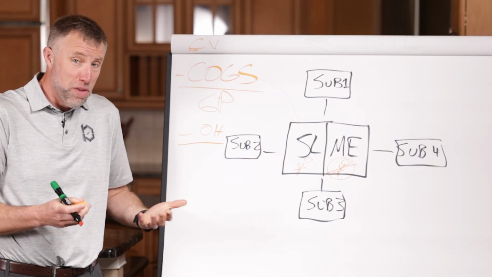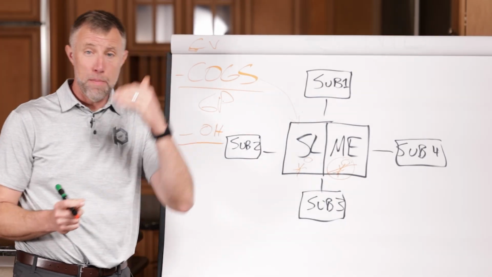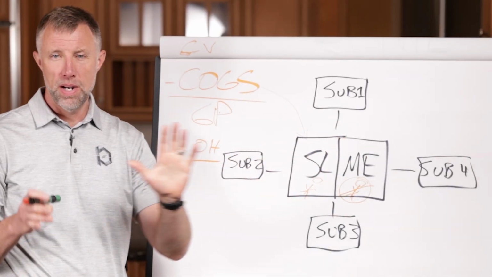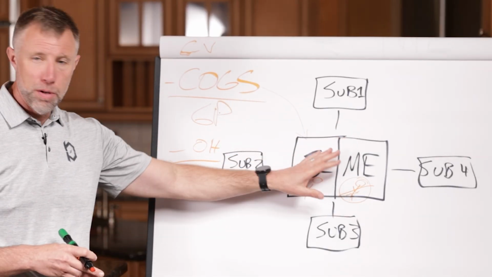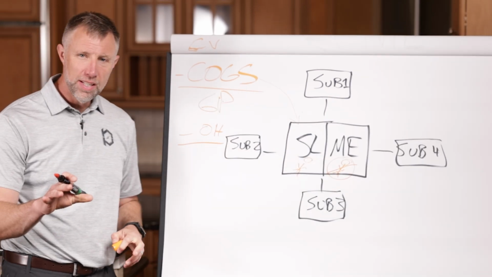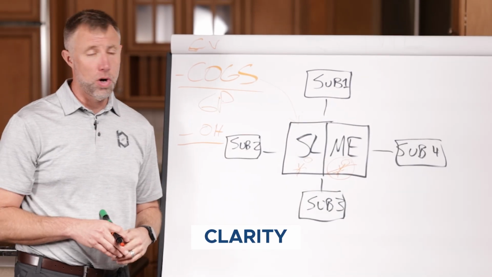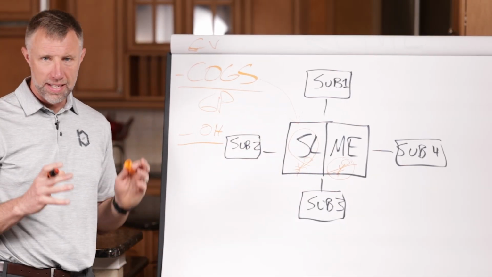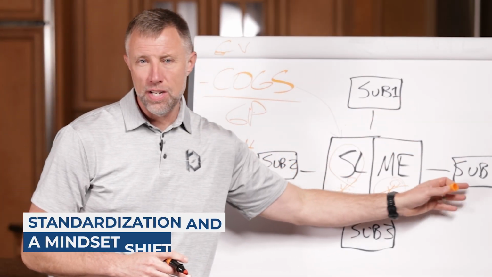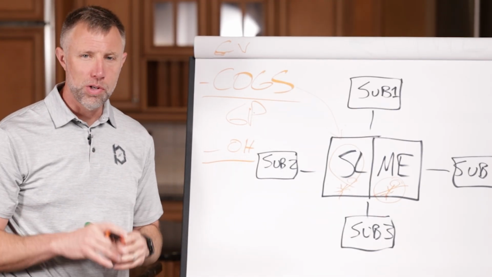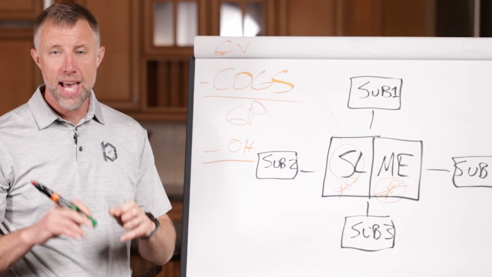So if you look at it and you think at the end of the year, I pull a P&L and I see how big my cost of goods are in a construction business, not in a professional service business, but in a contracting environment, that's going to be your biggest cost most years for what it is that you're doing. So it would make sense that we want to have clarity around what those costs are. And if one of the biggest is the subcontractor cost out of that slime, then let's create standardization and a mindset shift around how we interact with those subcontractors. So I'm going to give you a couple of tips and tricks around that and then show you how to